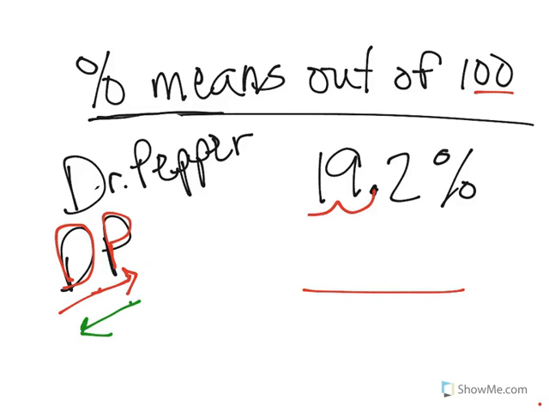So I'm going to move it 2 places to the left because I know it has a decimal, but this is a percent. If it has the percent sign, it is a percent first. So I'm going from a percent to a decimal, so I'm going to the left 2 places, so 19 and 0.2% as a decimal would be